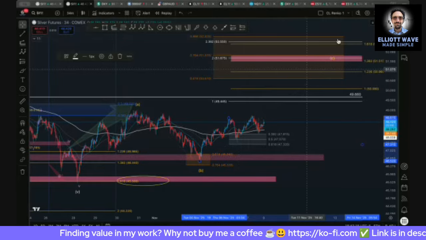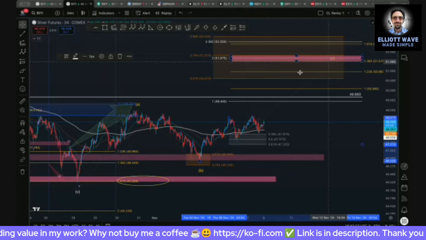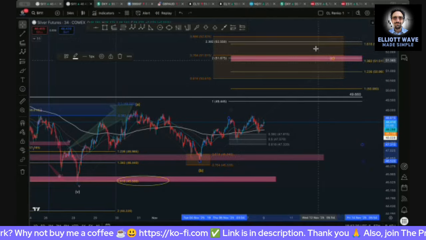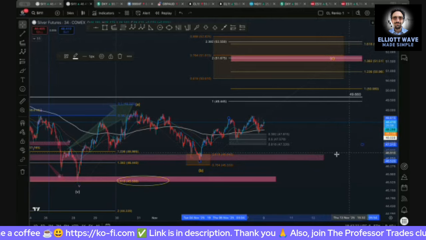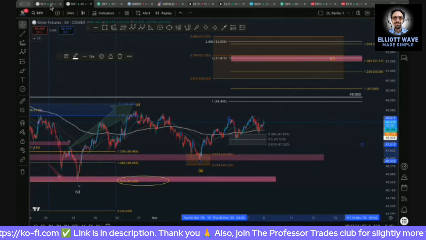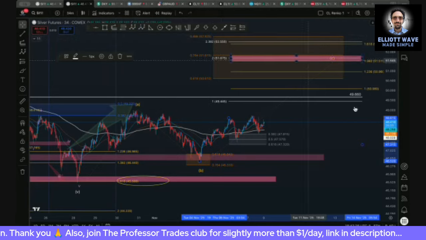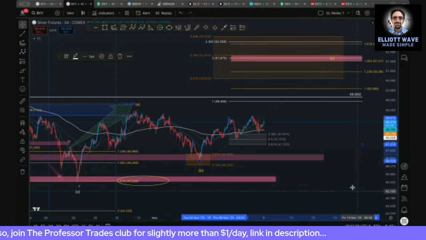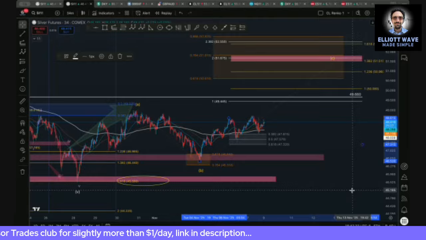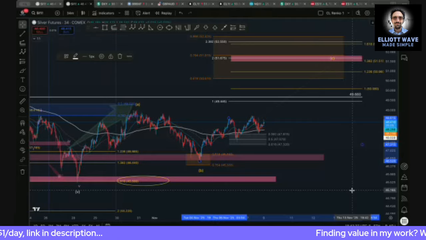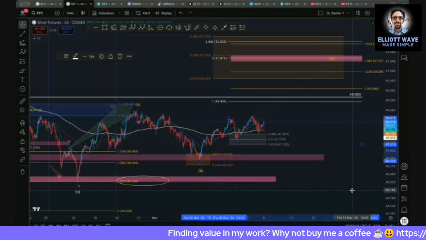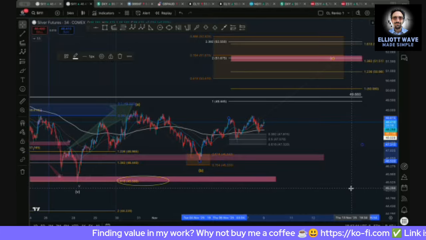Then we're expecting a termination somewhere in this zone up here, and then a reversal that'll blow your hair back. On the 8-hour, we'll measure for that. We'll use the 8-hour to come up with much lower targets for the final move of this downward correction. Then we're expecting one more move to the upside in silver. Yes, one more move to the upside. Who knows how high, but we'll measure for it. But just a guess,